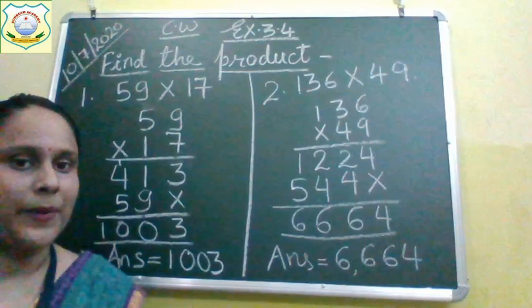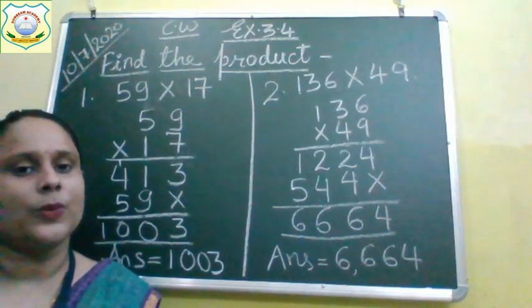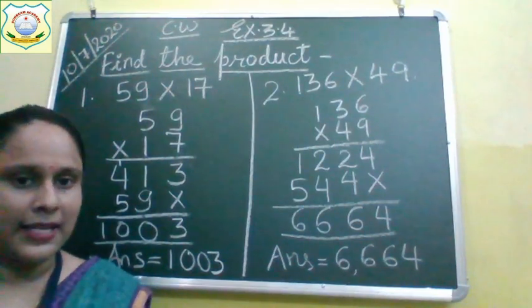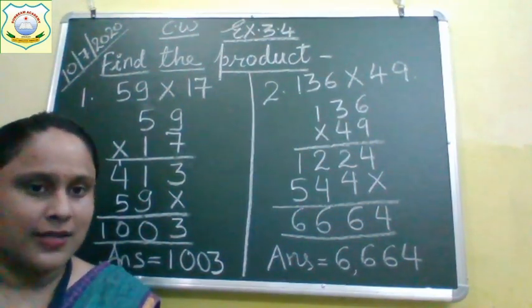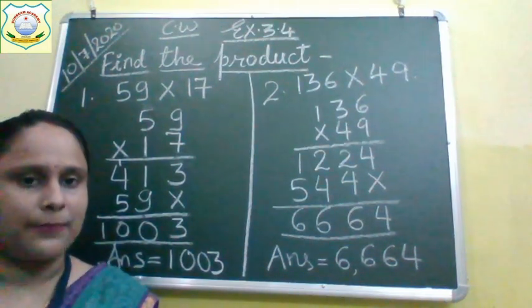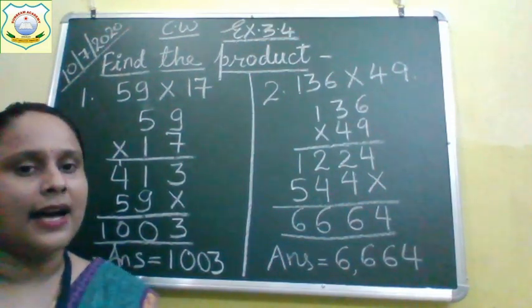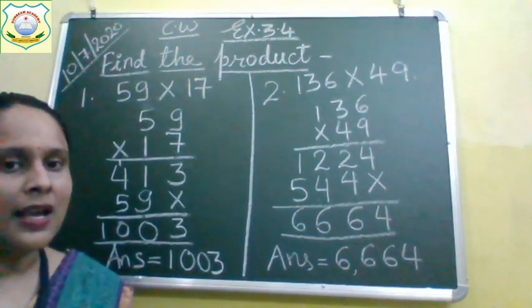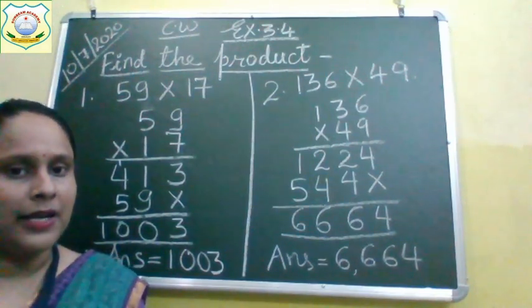We are doing the topic Find the Product. In finding the product we are doing 2-digit multiplication. When we multiply two numbers, we take the first number and multiply it with the number written in the ones place. Then we multiply it to the number written in the tens place. After we multiply the first number, we pick the second number.